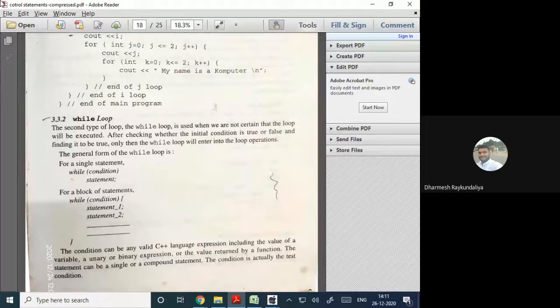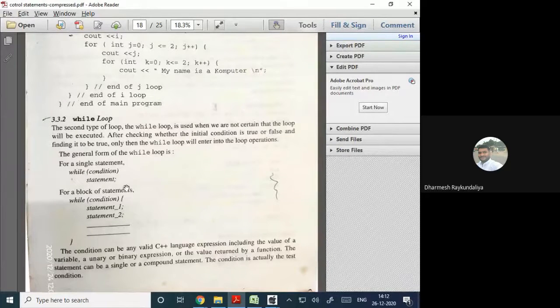So after checking whether the initial condition is true or false and finding it to be true, only then the while loop will enter into the loop operations. So as soon as the given condition is true, then only you will enter the loop operation. The general syntax of a while loop is while condition and statement. So this is the general structure: while, in bracket the condition, and then you can write the statement.